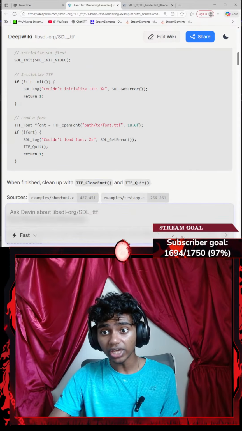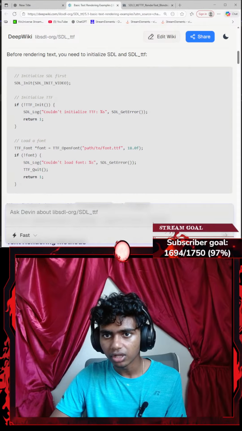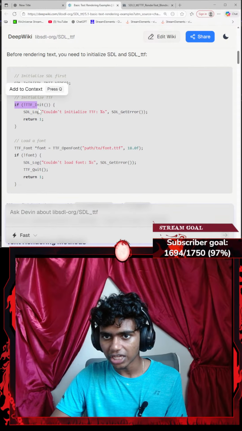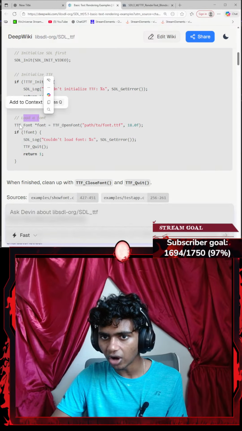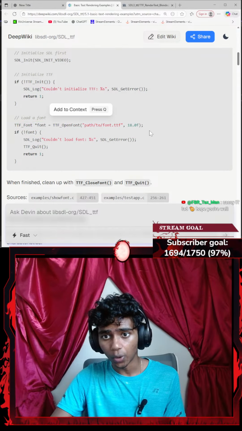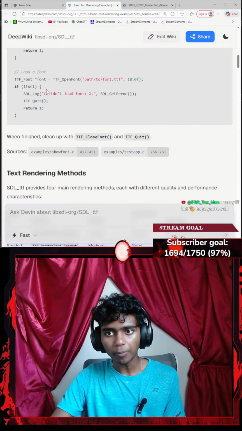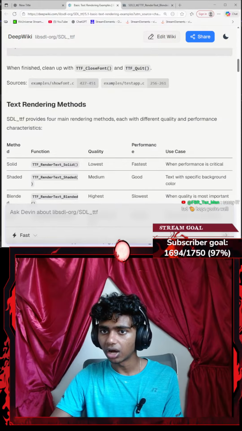Initialization, there we go. Okay, hold up guys, I think this might be the reference code. I initialize my SDL, I initialize my TTF. If it was not initialized properly, I return 1. I load a font, TTF_Font, TTF_OpenFont, I open a font as well. If my font was not opened properly, I say could not load font. When finished, clean up with